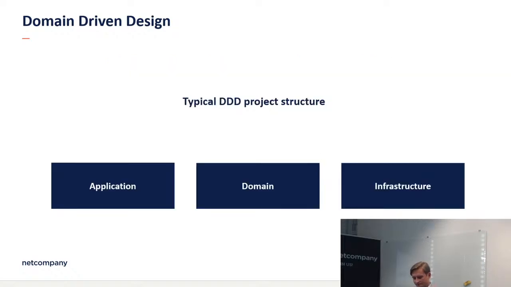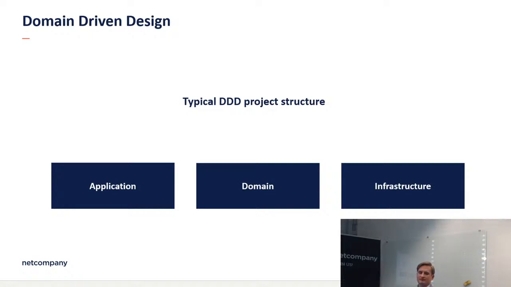So thanks to these ideas, domain-driven design is typically broken down into the application layer, the domain layer, and infrastructure. Infrastructure usually connects with the database or databases or other source systems with the data. Domain is where the model and the business logic resides, because typically it's grouped into one class. Application is what's used to interface with the outside world. If it's an API, it will be API classes and controllers. If it's a website, it will be the website with the UI.